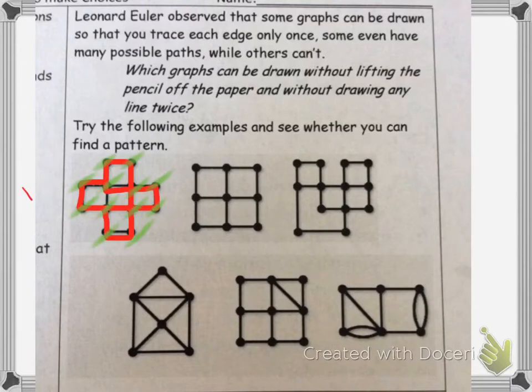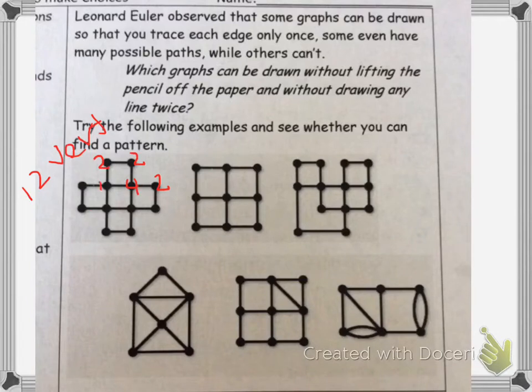Now, I don't know if that is going to help me figure out anything or not, but that's 12 vertex points. And then let's look at the vertex points and see if we can find anything special about them. So let's count the edges that come into each vertex point. So this one has 2 lines coming into it. This vertex point has 2 edges coming into it. This vertex point has 2 edges coming into it. This has 4 edges coming into it. This has 4 edges coming into it.